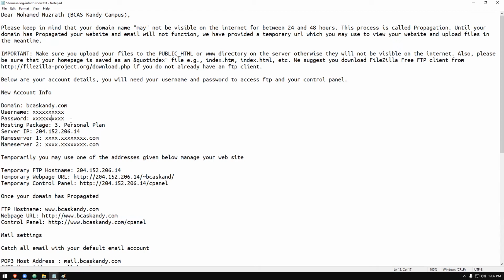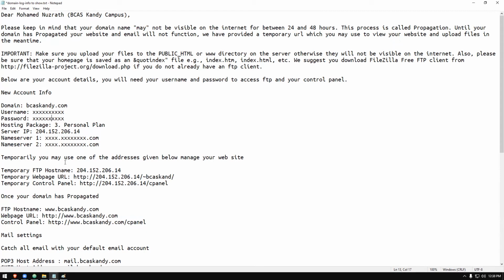I'm going to do that in two ways. One, without an FTP client. Number two, with the FTP client. Anyway, I'm on a fiber optic connection, so I don't feel the difference. I can do it either way. But for you, it will be much easier if you use the FTP client method. So I'll show you both methods quickly.